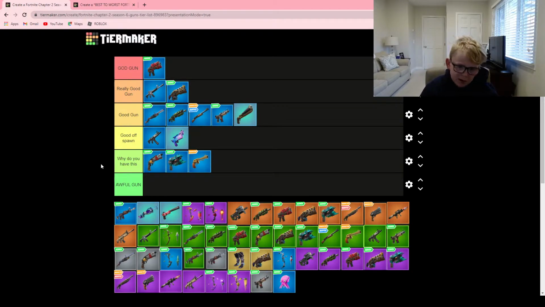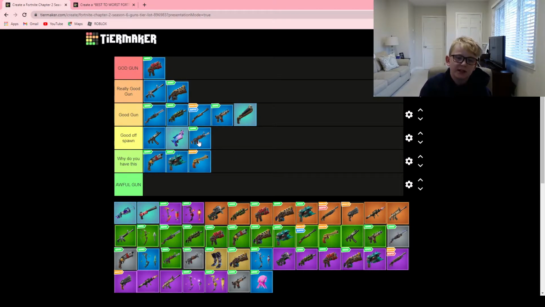But this can be used as an AR, so I'm going to put it as that. Next, we have the Makeshift AR. Now, the Makeshift AR really isn't that good. It's slower than an AK. I'm going to put it on good off spawn because it's still a decently good gun, but I don't